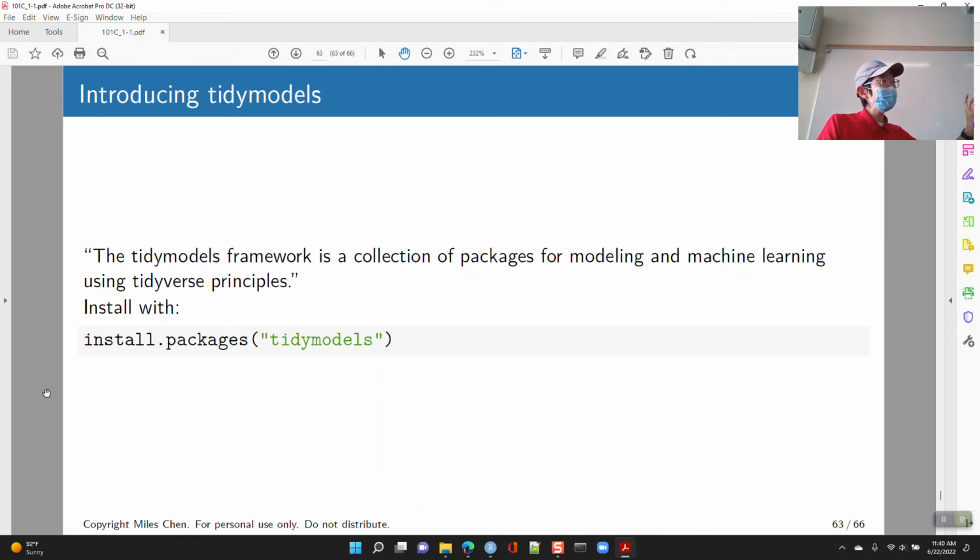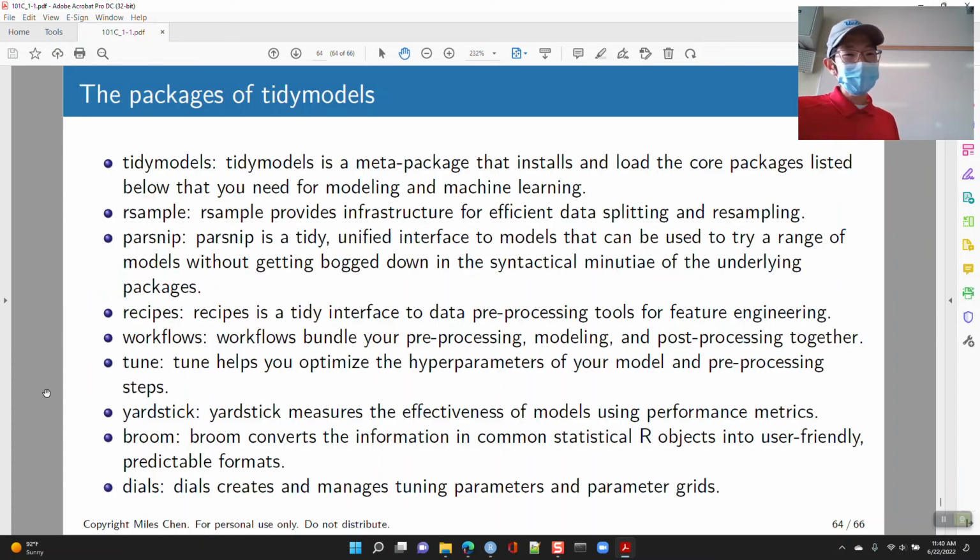But if you do summary on the model that you fit, what do you get? You get this table of basically coefficients along with p-values associated with them. And you look that up and you go, oh okay, well, let's keep these coefficients and stuff like that. What tidymodels will do is it allows you to take that table and then use those values in future operations, because it creates basically a data frame out of the model outputs. And it allows you to create a workflow where you can say, hey, let's not just take these estimates, but let's graph them and create error bars and things like that.